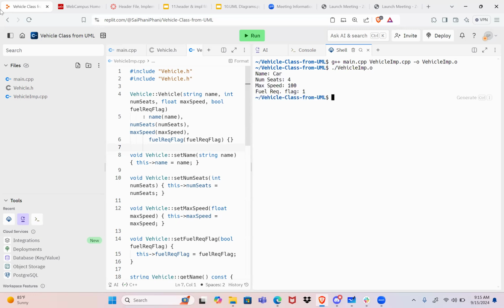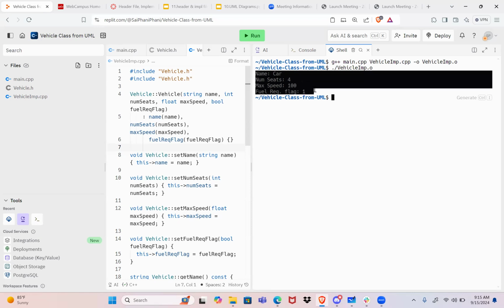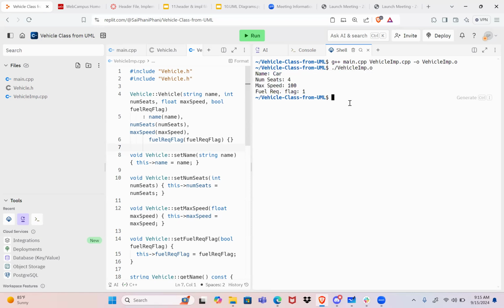If I run it, you can see that I've created an object called car with name as car, number of seats as 4, max speed as 100, and whether fuel required is, yes. So in this way,